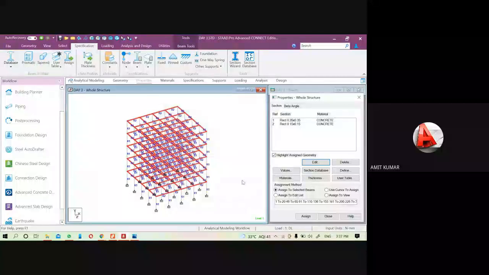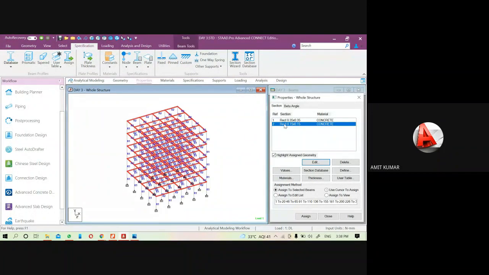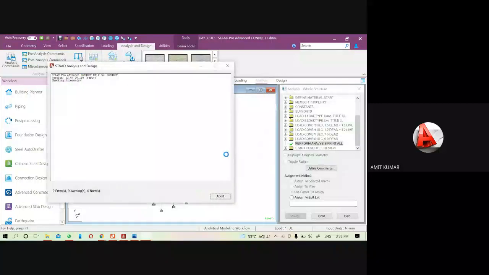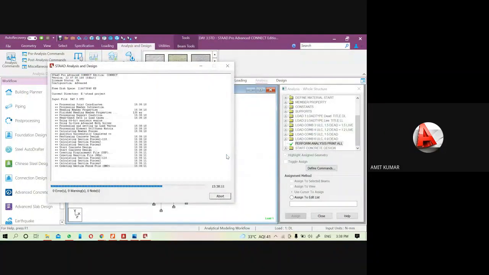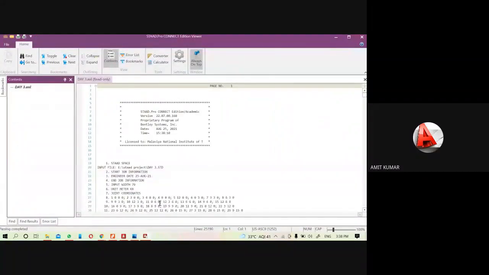Sometimes if the load is too much, then maybe the 230 beam will fail. But in this project the load is very low, that's why I'm just going to decrease the beam size. Now I will analyze it. So now we are getting 200 warnings. Let's see which type of warnings we will get.